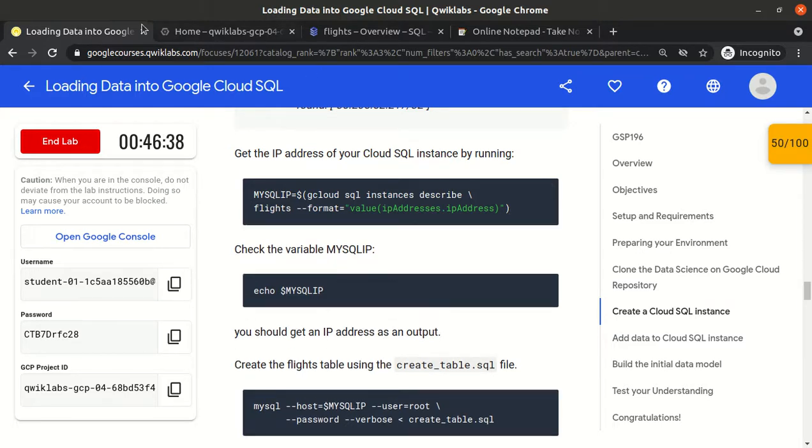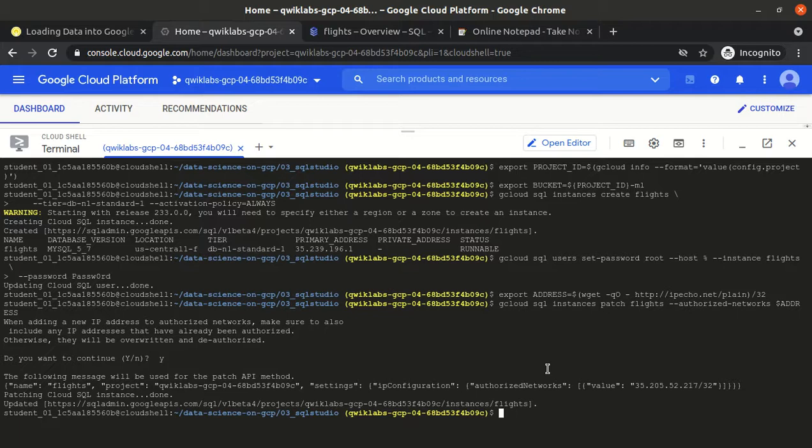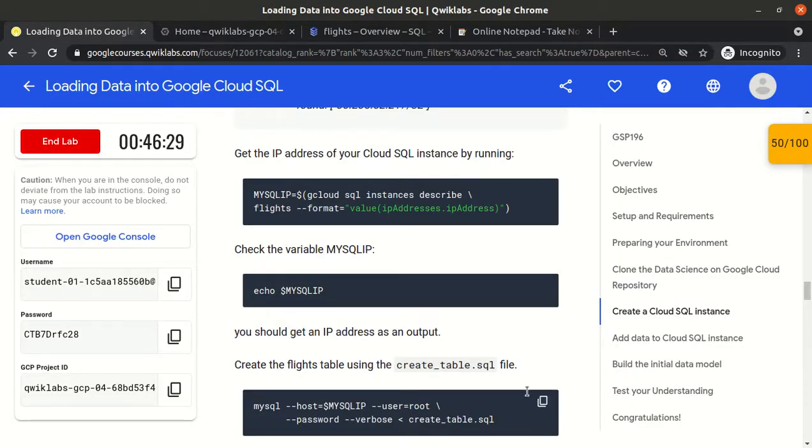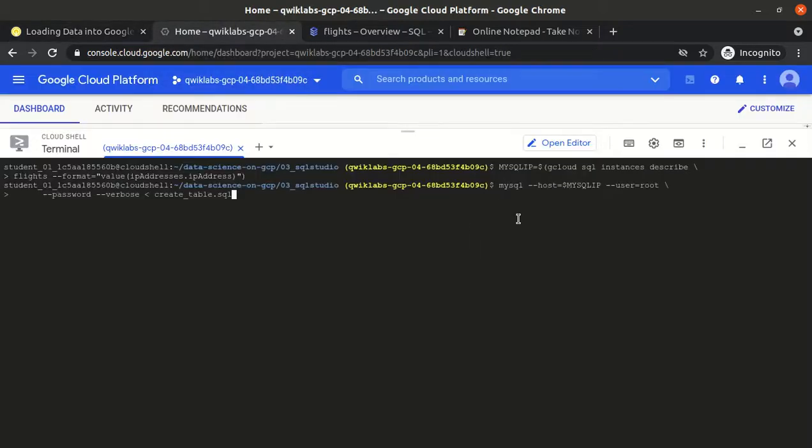we need to create a database and we need to create the tables. All right, so let me show a few commands. Yes, so this is the main command. We have the create_table.sql file, which I showed you, which exists in this folder, which we cloned from the Git repository, right?